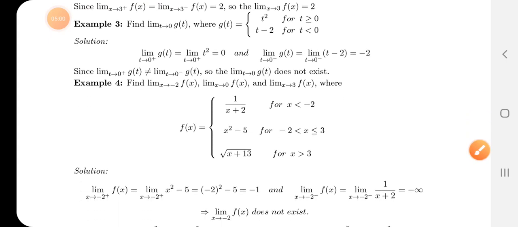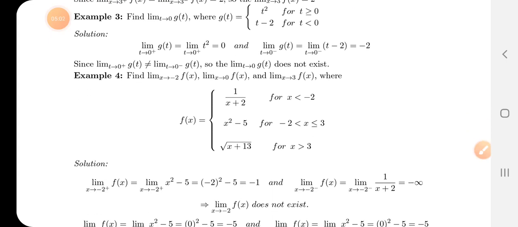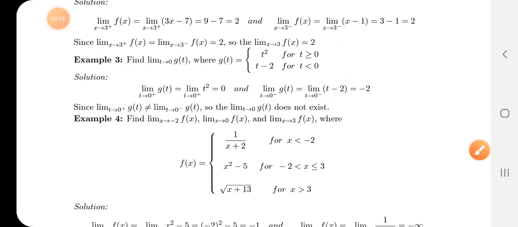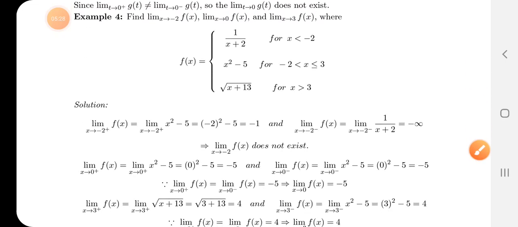द नेक्स्ट एग्जांपल देख लो, सेम उसी तरह यहाँ पर अपने लिमिट फाइंड करनी है 0 पर। 0 का राइट साइड कौन सा फंक्शन है, राइट साइड पे ये है, लेफ़्ट साइड पे ये है। इसका मतलब जब आपने राइट साइड लेना है तो ये वाला फंक्शन चूज़ करना है, जब लेफ़्ट साइड से लेना है तो यू हैव टू चूज़ द सेकंड फंक्शन। उसमें आप पॉलिनोमियल है तो जैसे आप 0 पुट करोगे, यहाँ से 0 आएगा, यहाँ से 2 आएगा, जो कि सेम नहीं है, तो लिमिट एग्जिस्ट नहीं करती।